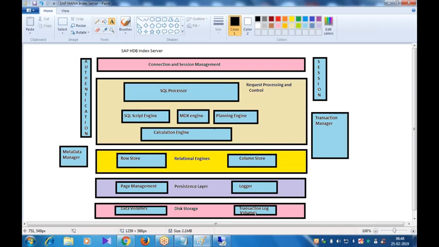Suppose that before the save point is executed, there is a power shutdown. When the power is shut down, what happens? Will the data in the main memory be lost? Yes, it will be lost. But what happens is, whenever we restart the server,